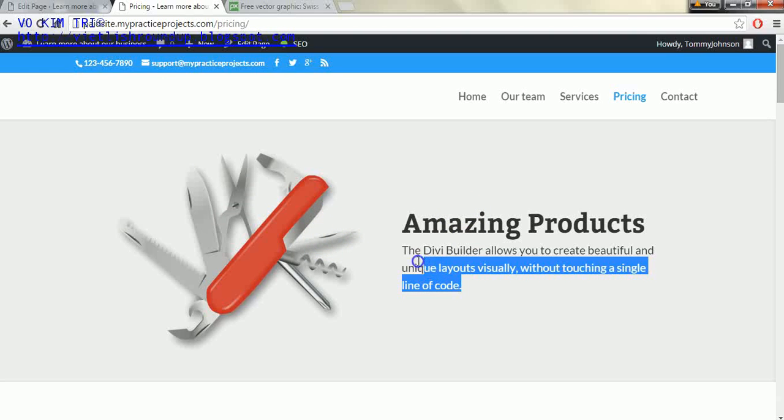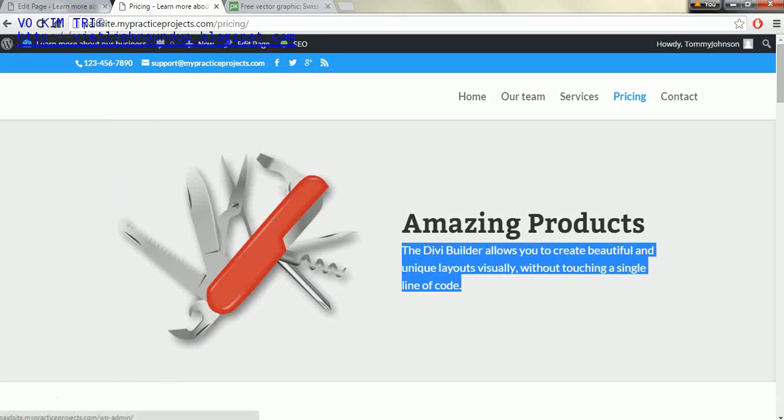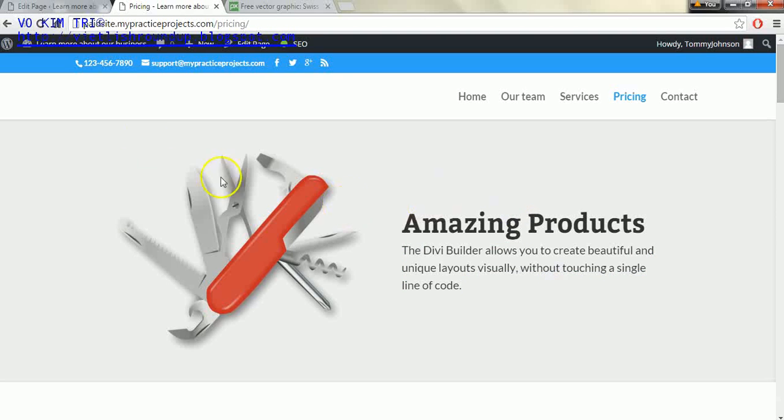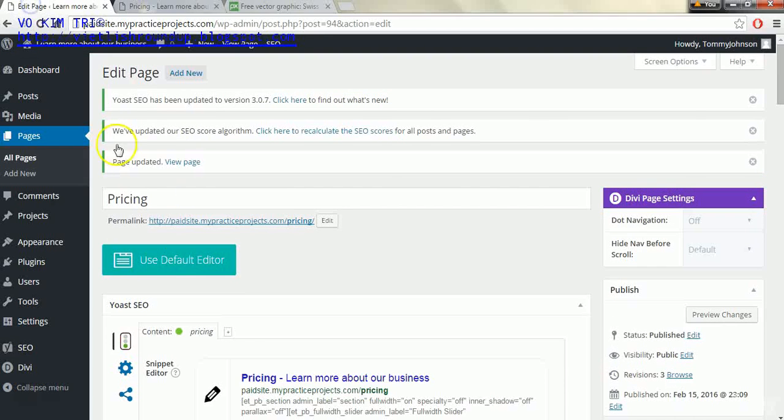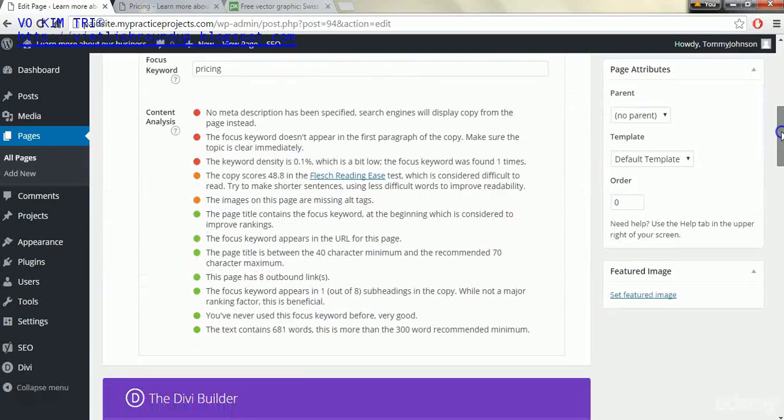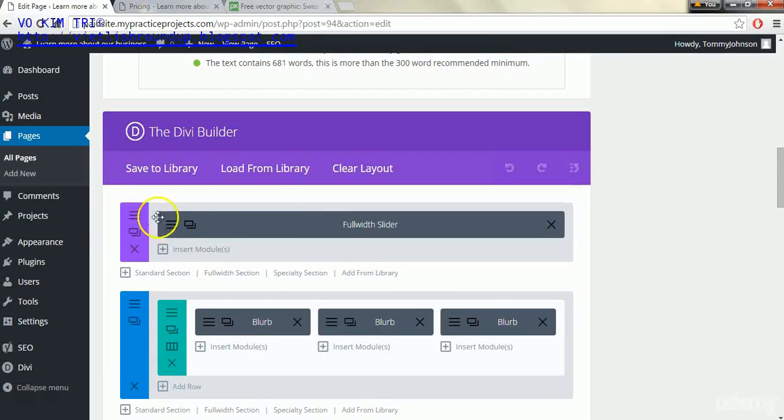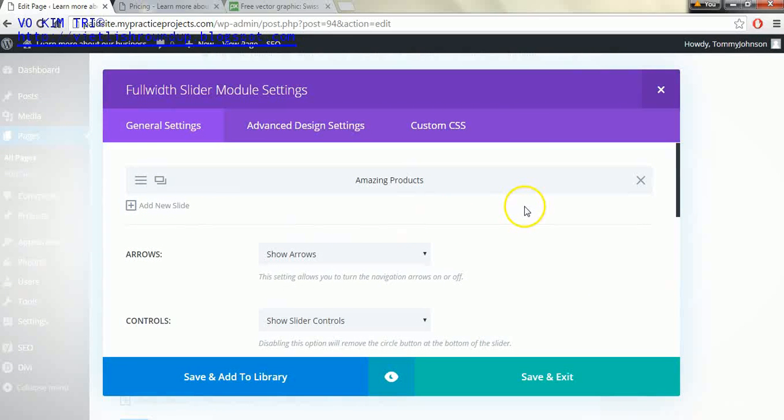So I'm going to also just change the text here. Now I did pre-write text this time for this website, so it's going to look a little bit better than just all the dummy text that we've been using. So I'm just going to add in some text that I already wrote. And to do that, we'll go down to where it says Divi Builder again. We'll click on this 3-line icon here. Click on here again,